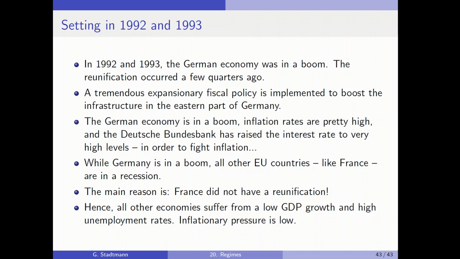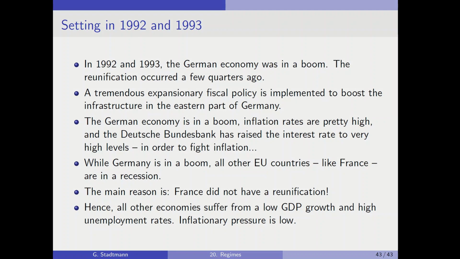But due to the fact that the German Bundesbank has implemented a very high interest rate, the other central banks also have to implement very high interest rates, and this is not in the best interest of all the other EU countries. All the other EU countries are in a recession, so that a low interest rate level would be appropriate. And due to this